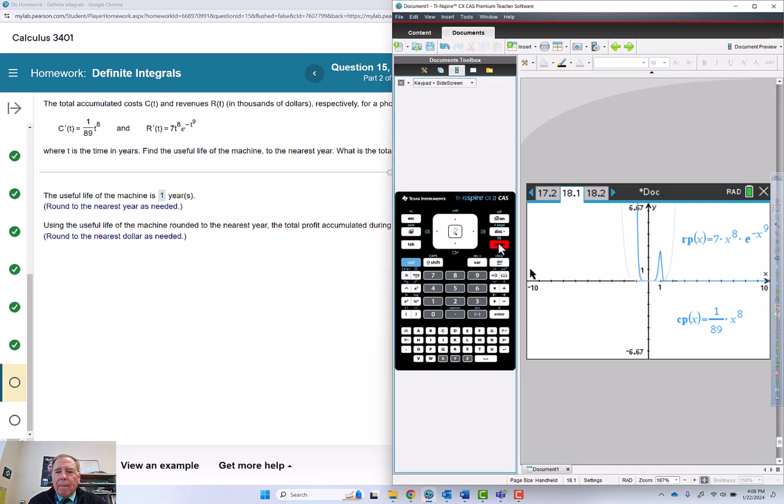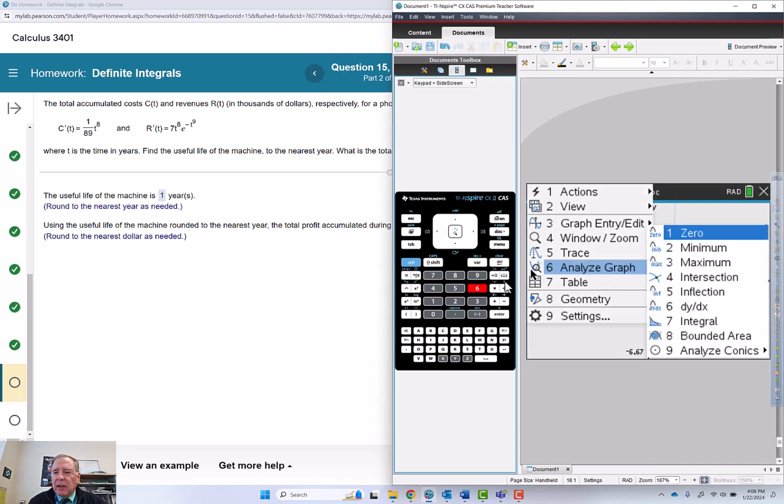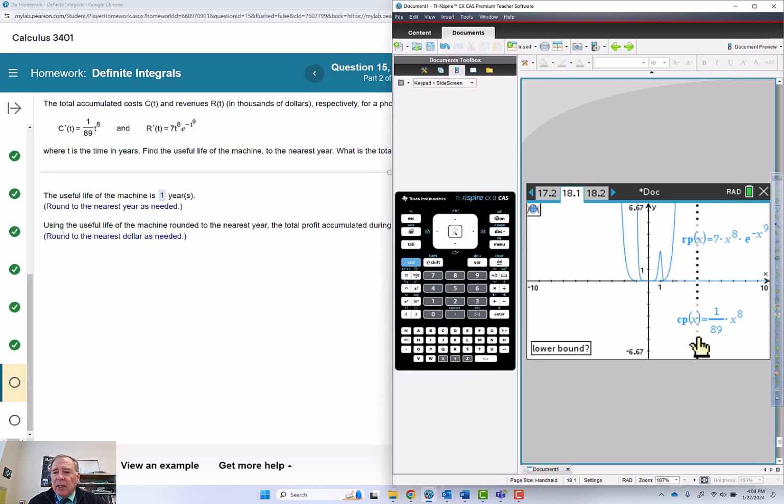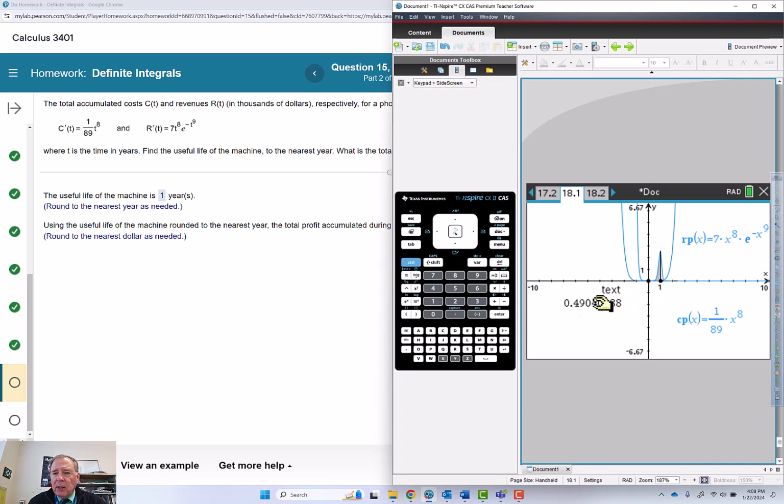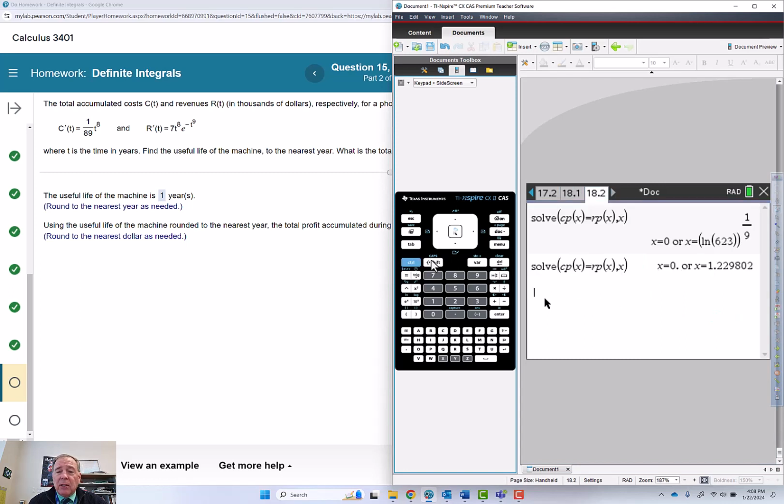So I'm going to do menu 6 for analyze graph. Ooh, it says bounded area. Then it says upper bound and lower bound. We're going to go 0 from the keyboard to 1 from the keyboard. So we get 0.4904. But we're going to multiply that times 1,000. And then if I wanted to do that from a calculator page, shift plus 0, tab, 1,